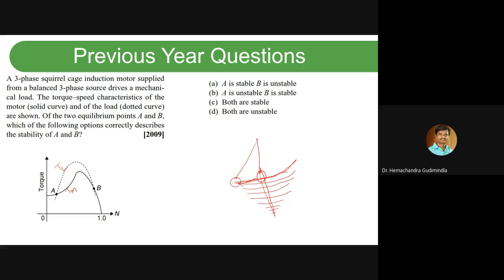That means this point is stable. If you create a small disturbance around this pendulum, either dragging this side or this side, now if you are creating any disturbance,